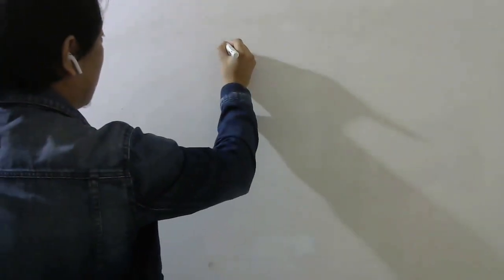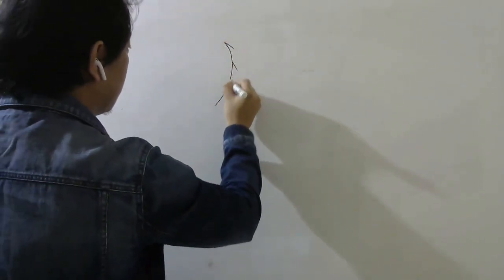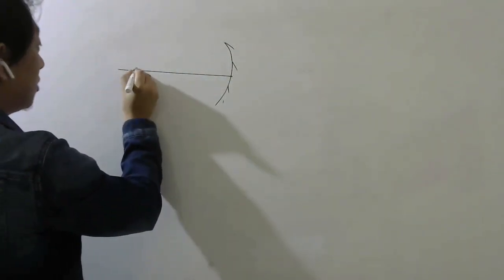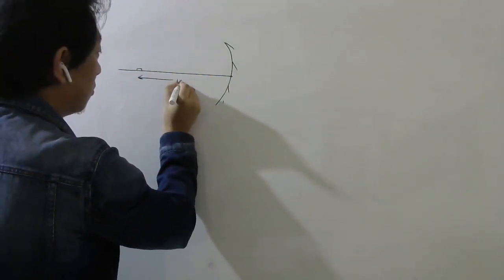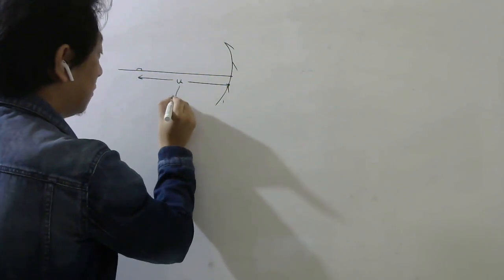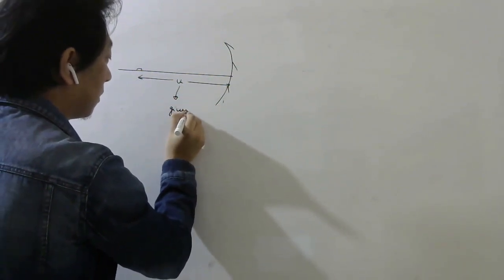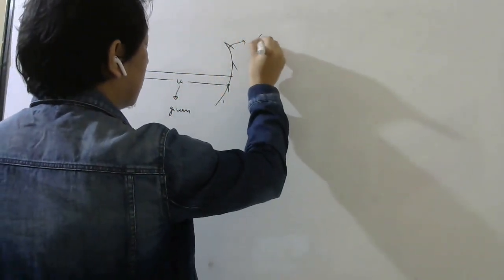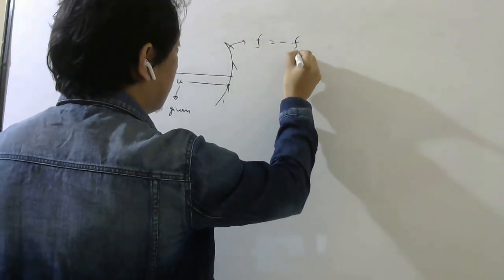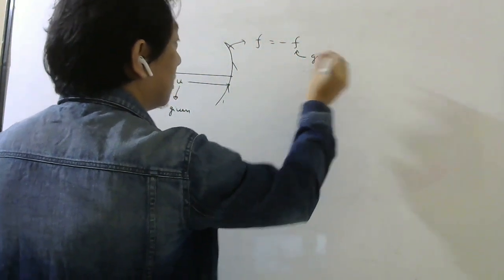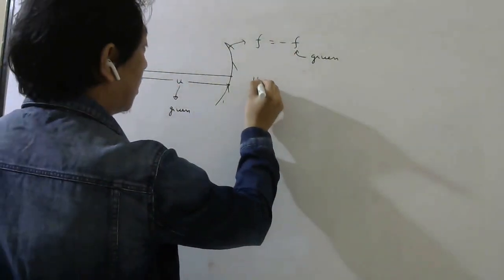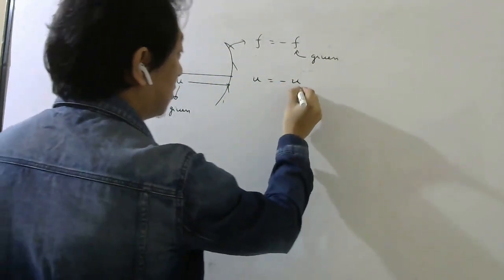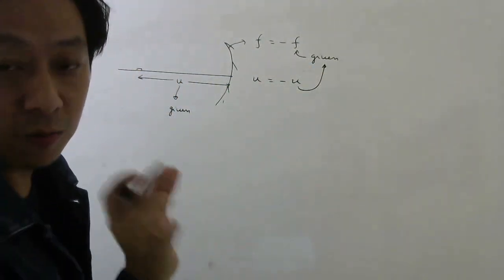So there is a concave mirror. This is the principal axis and there is a very short object. So the short object is at a distance u. So this is the given value, remember, given. And focal length of this, if we write, minus f. This f is given. So this time let me try to do with this f itself. And object distance is how much? When I substitute minus u, I have to write, no, because this u is given. This u is the one in the formula.